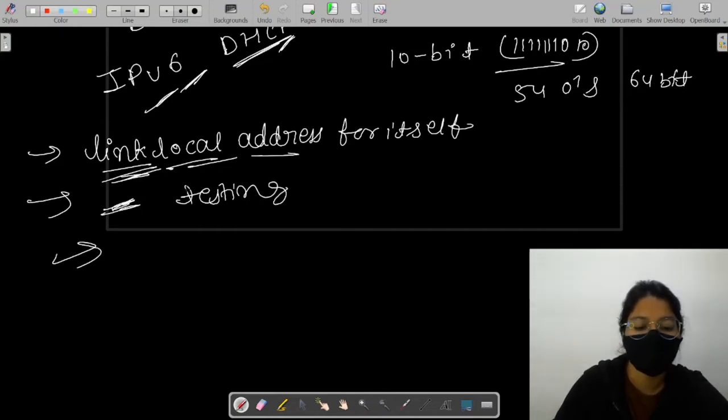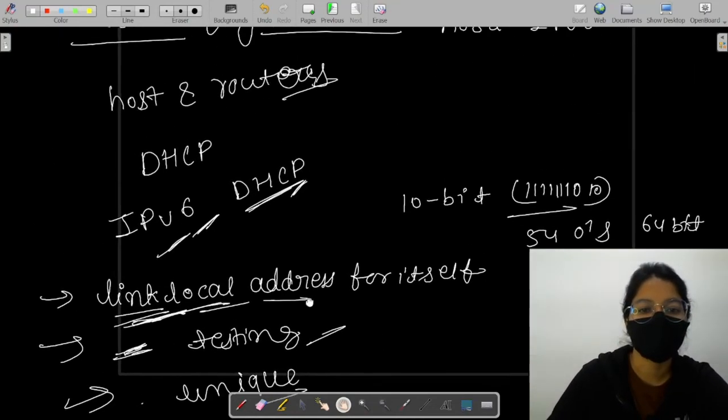And the third is that if the uniqueness of the link local address is passed, the host stores it as its link local address. So that is the auto configuration of